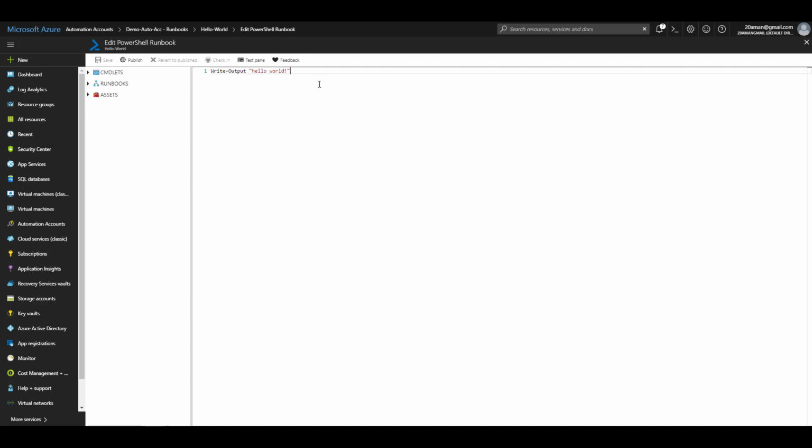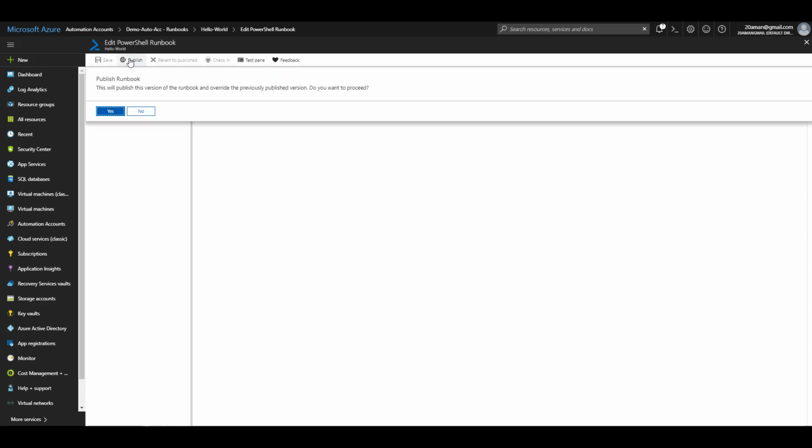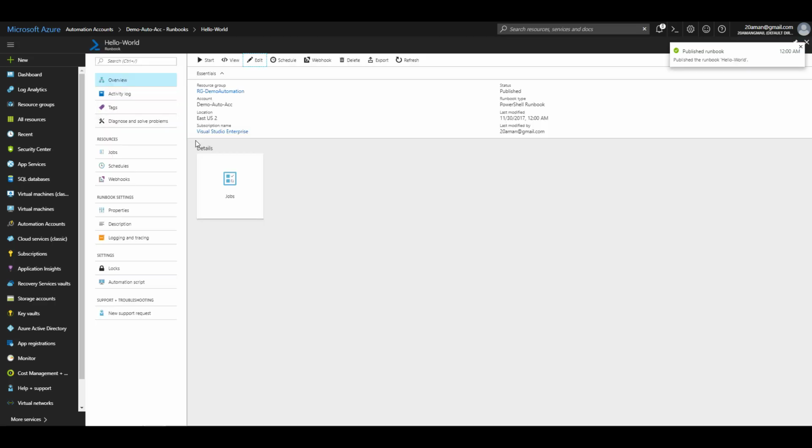Once you are done authoring your runbook, you can publish the runbook. There are various tasks which you can perform with the runbook only once the runbook is in published state. Once the runbook is in published state, if I trigger an execution of a runbook, that is known as one instance execution of the runbook. There could be multiple instances of the runbook running at the same time, which will leverage the underlying infrastructure for the execution. To trigger the runbook manually, all I need to do is click on the Start button in the